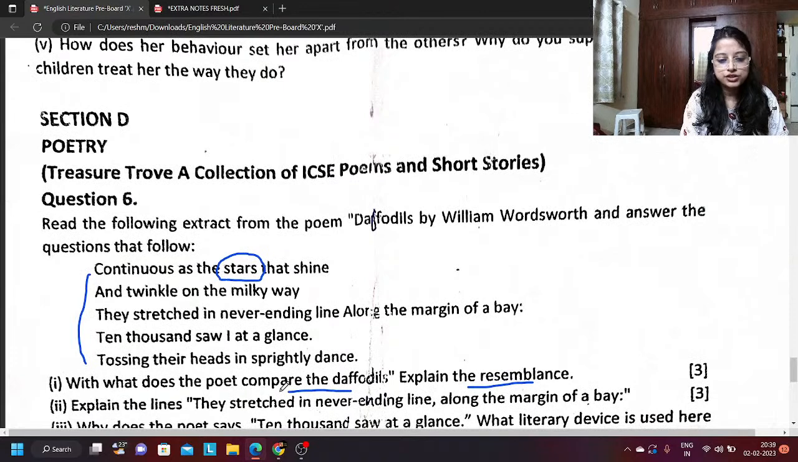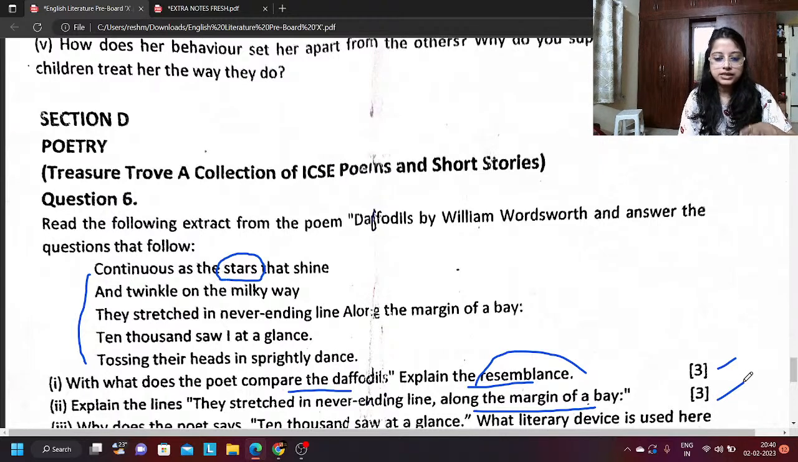Explain the lines: they stretched in never-ending line along the margin of a bay. You have to explain this. It is the same as the previous one, since you have already explained the resemblance. So your question number 1 and question number 2 are almost similar. We simply have to write that the flowers are bright yellow colored flowers which are growing all along the bay or the water body, the Lake District if you want to be particular. And when William Wordsworth saw it, he compares it to